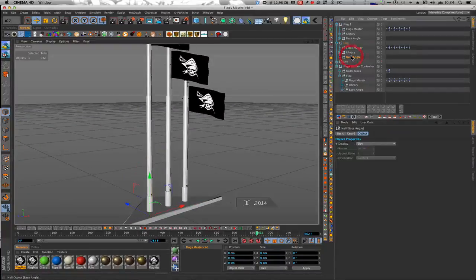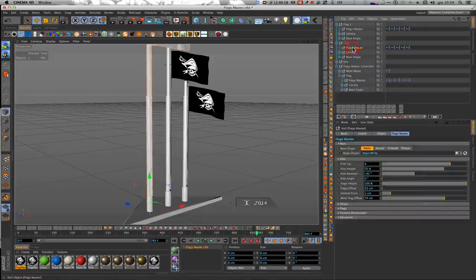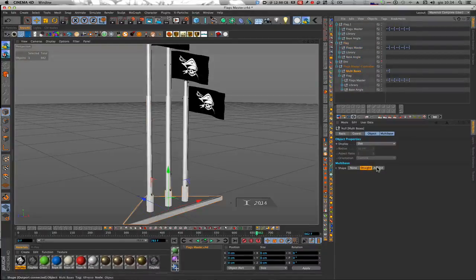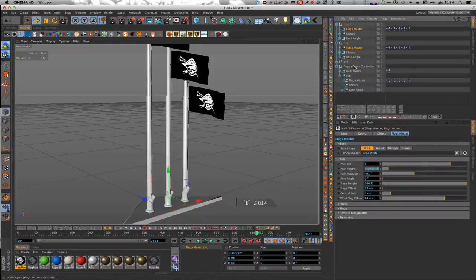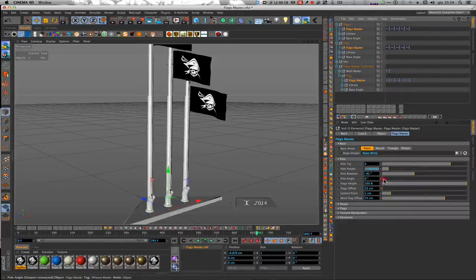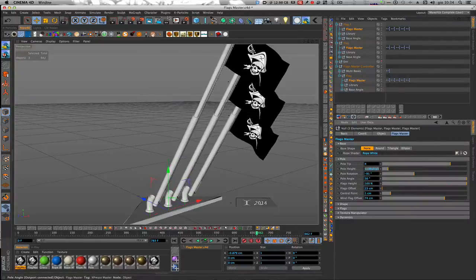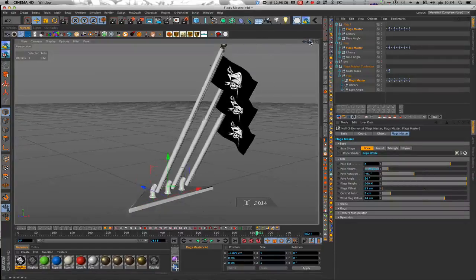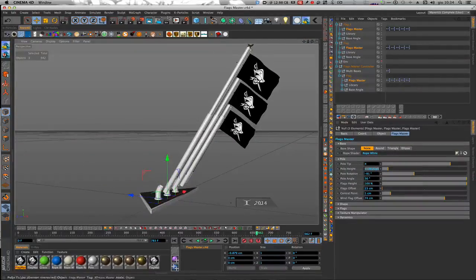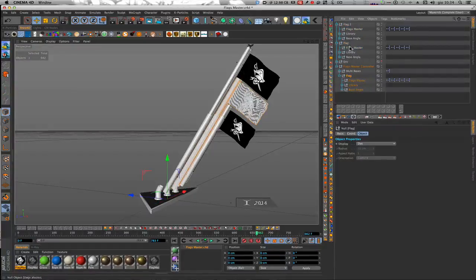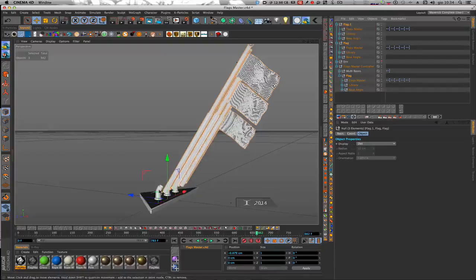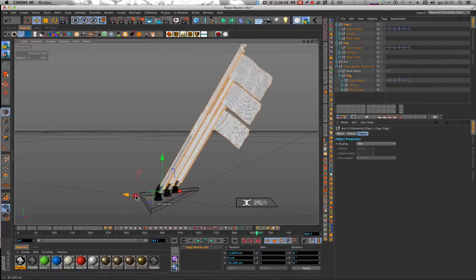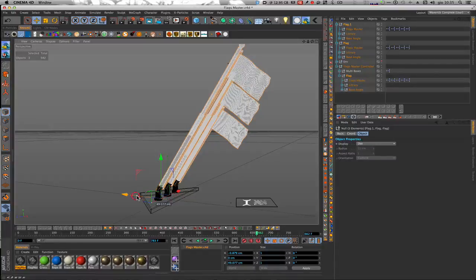Or we can use the angled base, so we can choose 3 flag master. We can angle it and take flag nulls, drag it in position,